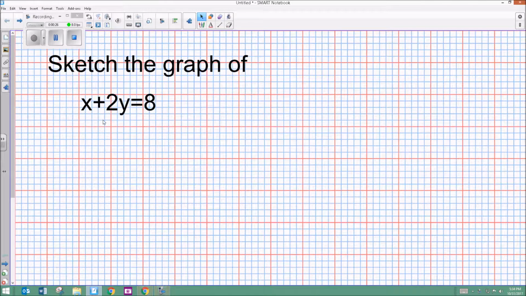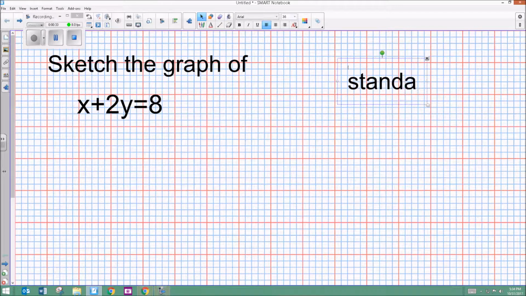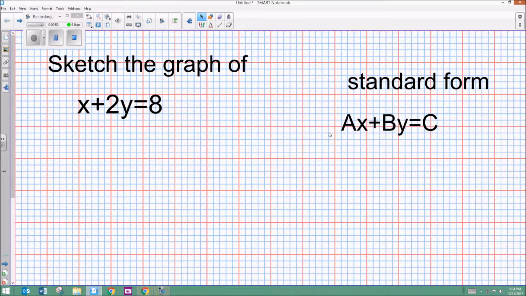All right, so notice that x plus 2y equals 8 is in standard form. Standard form looks like this: ax plus by equals c, where a, b, and c are integers. They're not fractions. So whenever you have an equation in standard form, you can graph it by finding